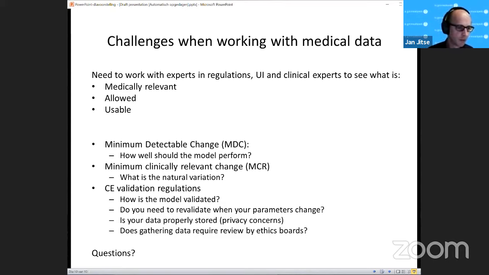And I was lucky to come into a company which had a lot of expertise on the medical regulations, a lot of expertise on the medical side, and some machine learning experience. So I was able to get up to speed relatively quickly by just talking. Okay, what is this medical? What is different in medical work compared to semiconductors?